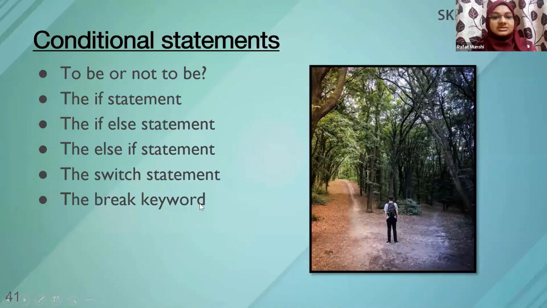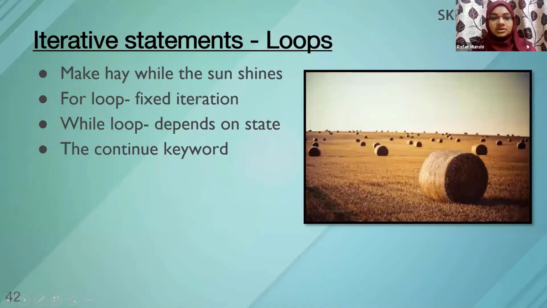Okay, now the next thing is loops. And you might have heard this saying, right? Make hay while the sun shines. That means while the sun is shining, you have to keep making hay. And as soon as the sun stops shining, you don't make hay, because obviously, what's the use of making hay when the sun is not shining, right? So that is kind of a loop you are doing. You are always checking if the sun is shining, then I'm making hay. If the sun is not shining, then I will not make hay. So that is known as a loop.